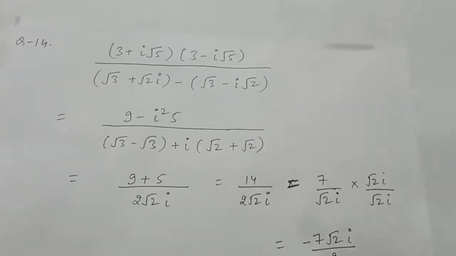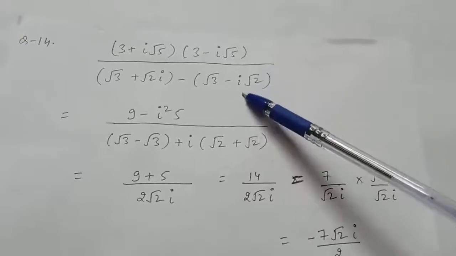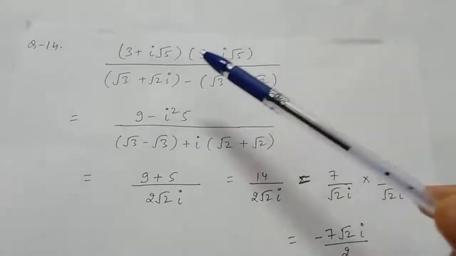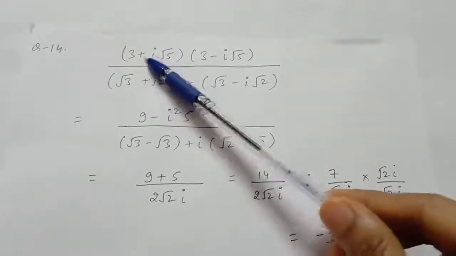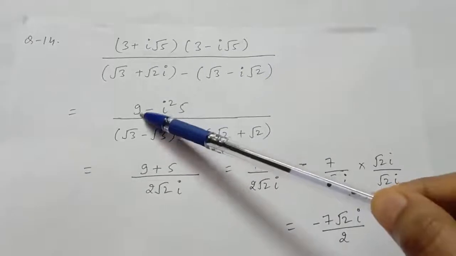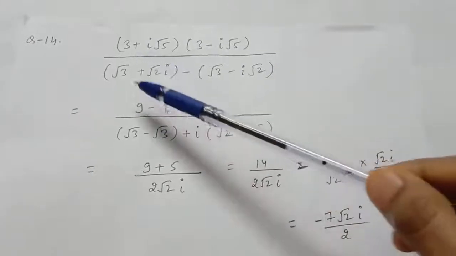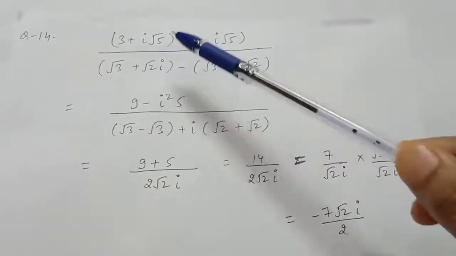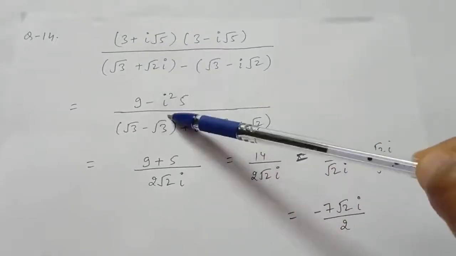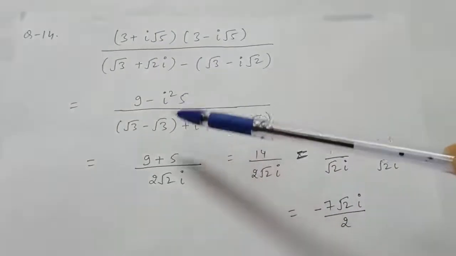Now question number 14th is this, you have to find the form of a plus iota b. So this is in the numerator a plus b into a minus b. So it will be a square, that is 3 square, which is 9, minus b square, b is this complete. So square of this will be iota square into 5 upon,